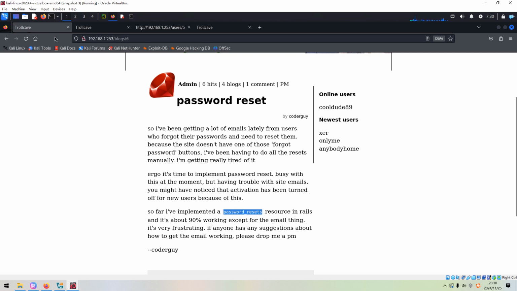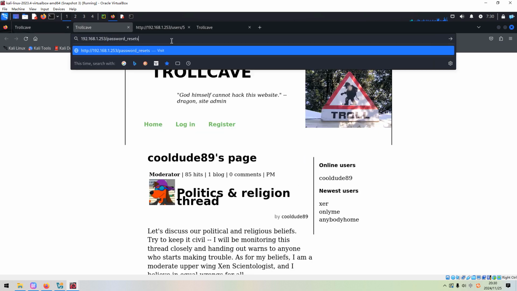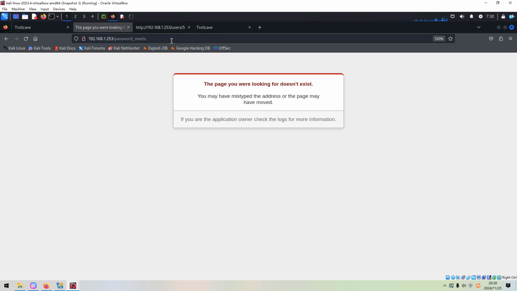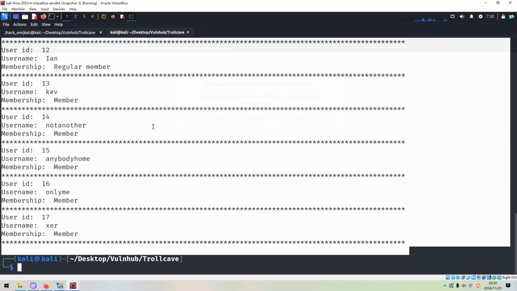We can copy and paste it in here. However, we get: the page you were looking for doesn't exist. Okay, so how about we do further enumeration. Paste in here.